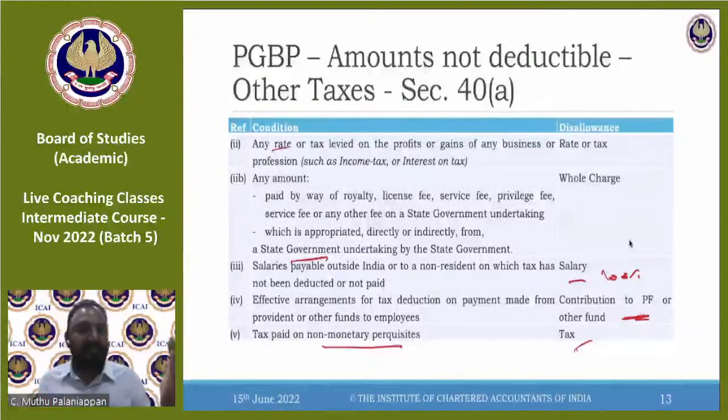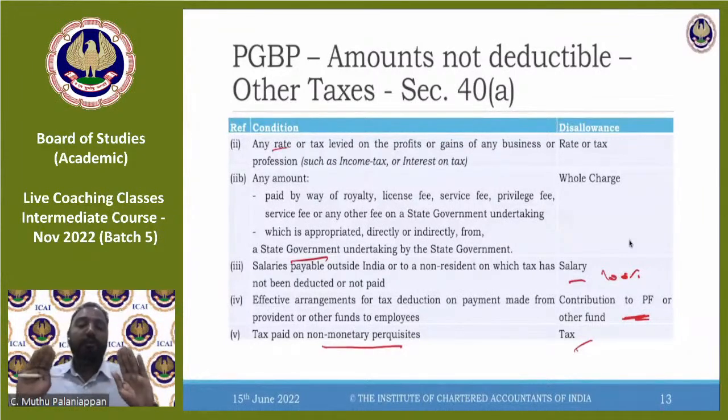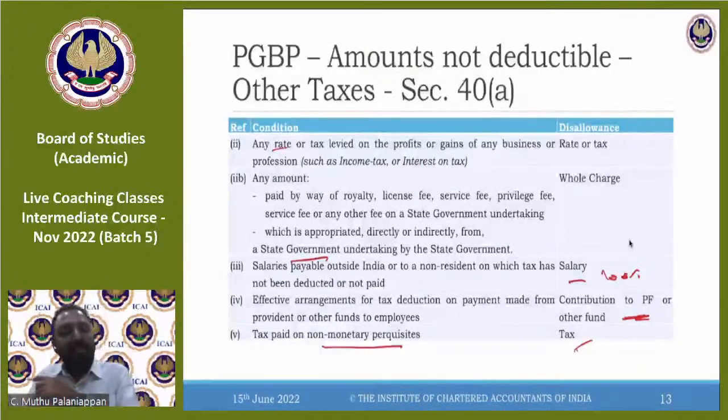What we are discussing there is the employee's perspective. What we are discussing here is the employer's perspective. These are two different things. It has no correlation at all. You can only remember PF: there we said if it is more than 12%, it is income in the hands of the employee. Here we are saying employee contribution paid even 1 day late is not allowed.